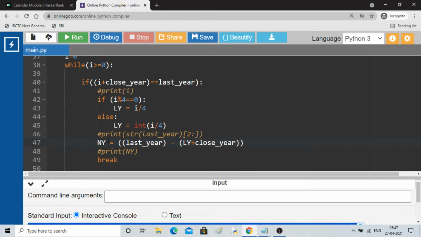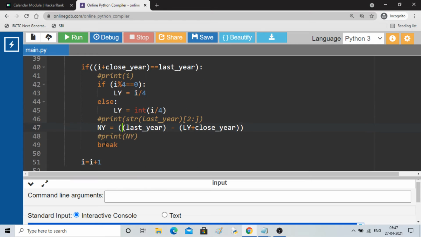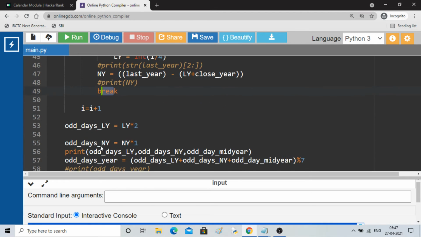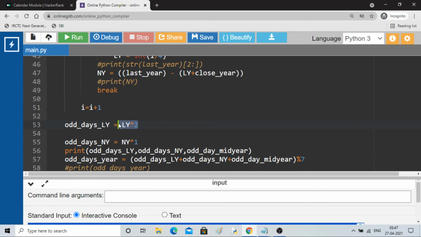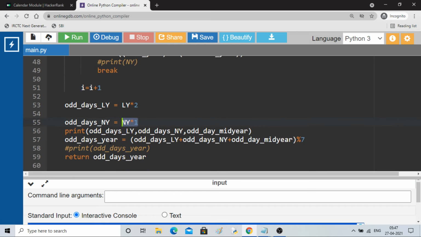Once you have leap year and normal year, you break the loop, and then you start multiplying. Multiply 2 for odd number of days for leap year, multiply 1 for odd number of days for normal year. Now you have all the odd days from year. Here you are getting from leap year, here from normal year, here from mid year, and from century year it is 0.